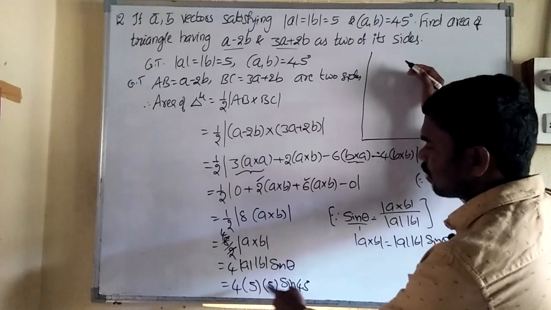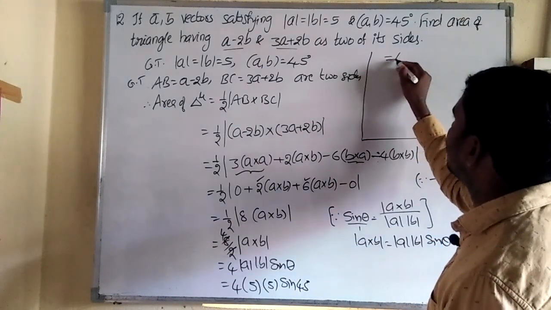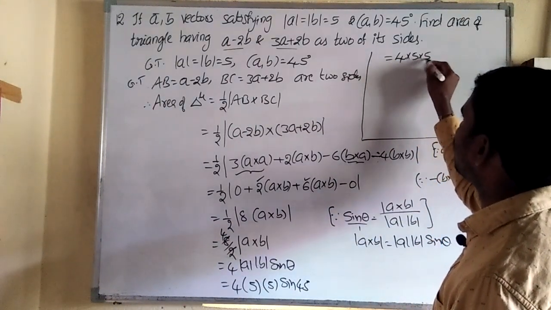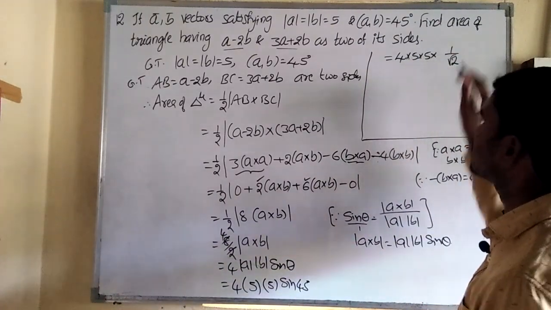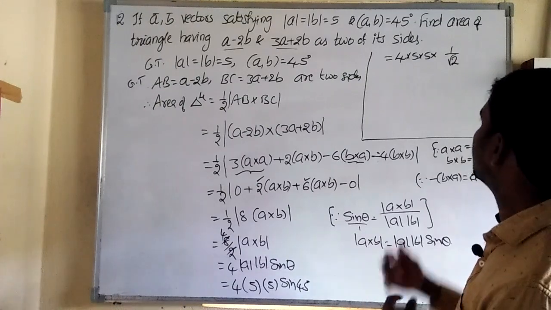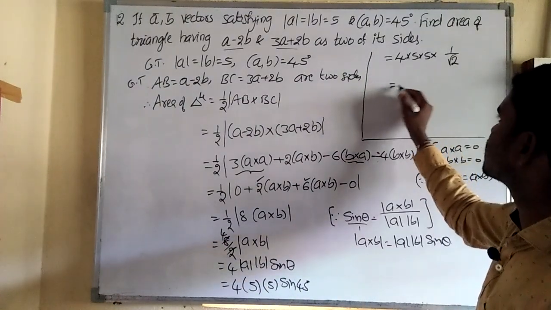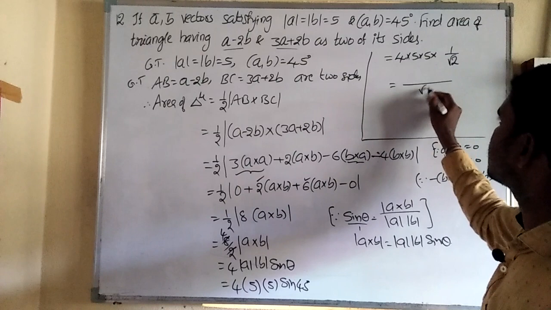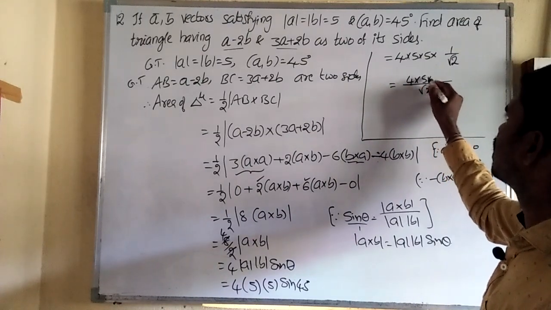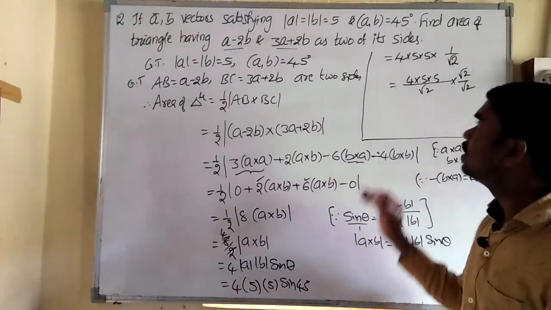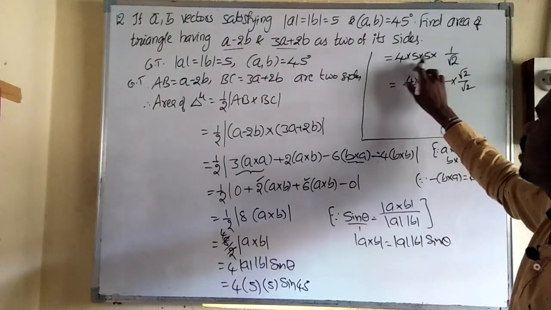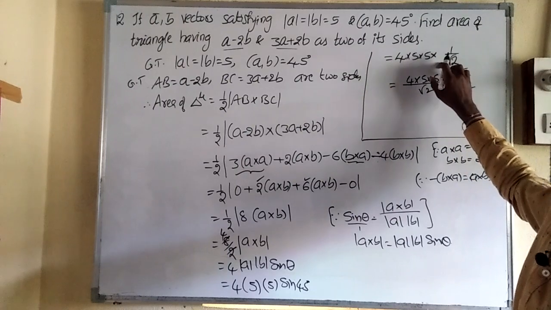Next, 4 into 5 into 5 into sin 45. What is the sin 45 value? 1 by root 2. Can we simplify this? Yes. When the denominator is an irrational number, immediately do rationalizing with root 2 into root 2. Here also 5 5 is 25, 4 is 100 by root 2, we can write the answer,